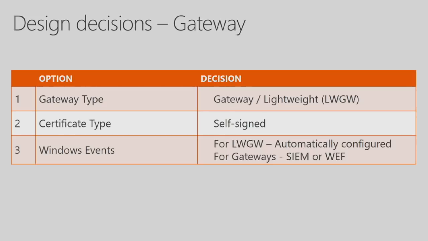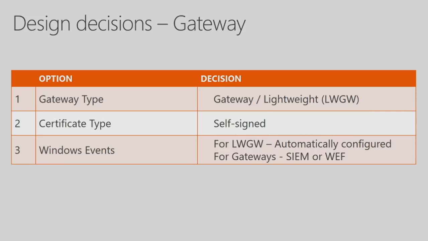For the gateways, you see here that I wrote you need to decide on your certificate type. But actually, from ATA 1.8, there's nothing to decide, because we're using self-signed certificates. These are used for mutual authentication for the communication between the gateway and the center, and all of these certificates are managed automatically by ATA. If you encounter these certificates on your domain controllers, don't delete them and don't do anything to them, because it will break your gateways.